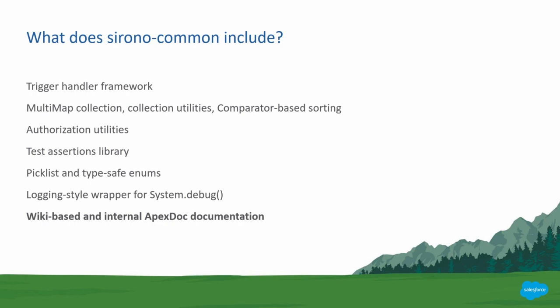So what does it include? We're actually going to exhaustively go through all but the first bullet, all but the last bullet. So I'm not actually going to call those out individually. It will be redundant. I do want to point out that one of the things it does include is documentation